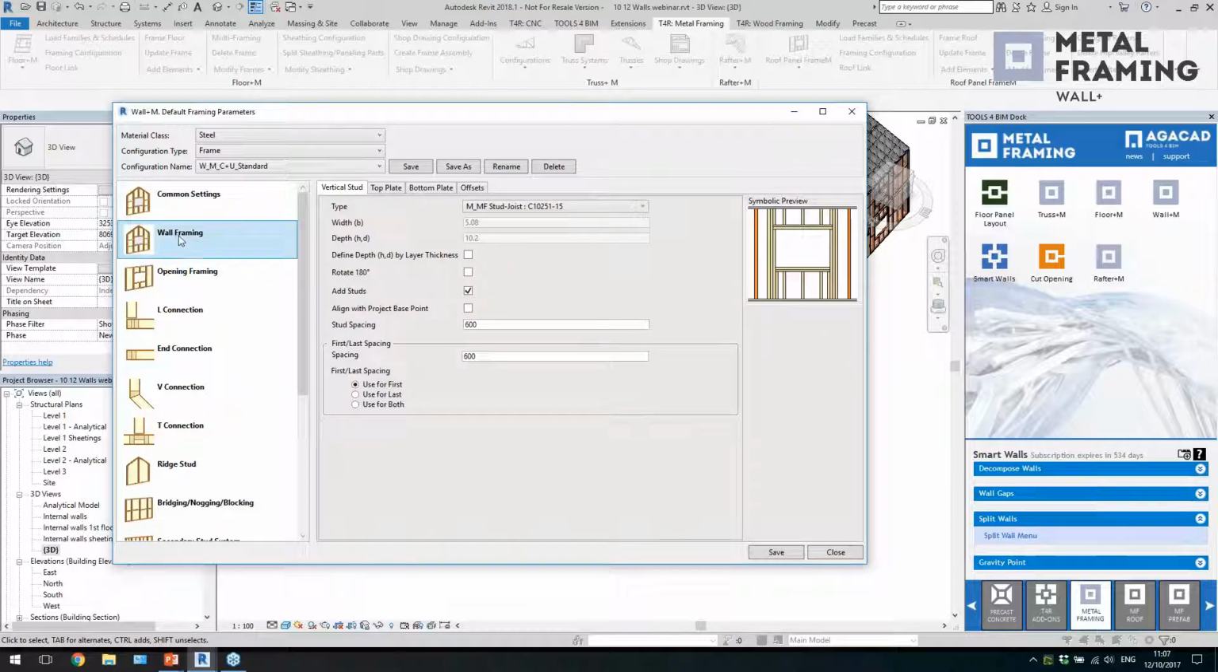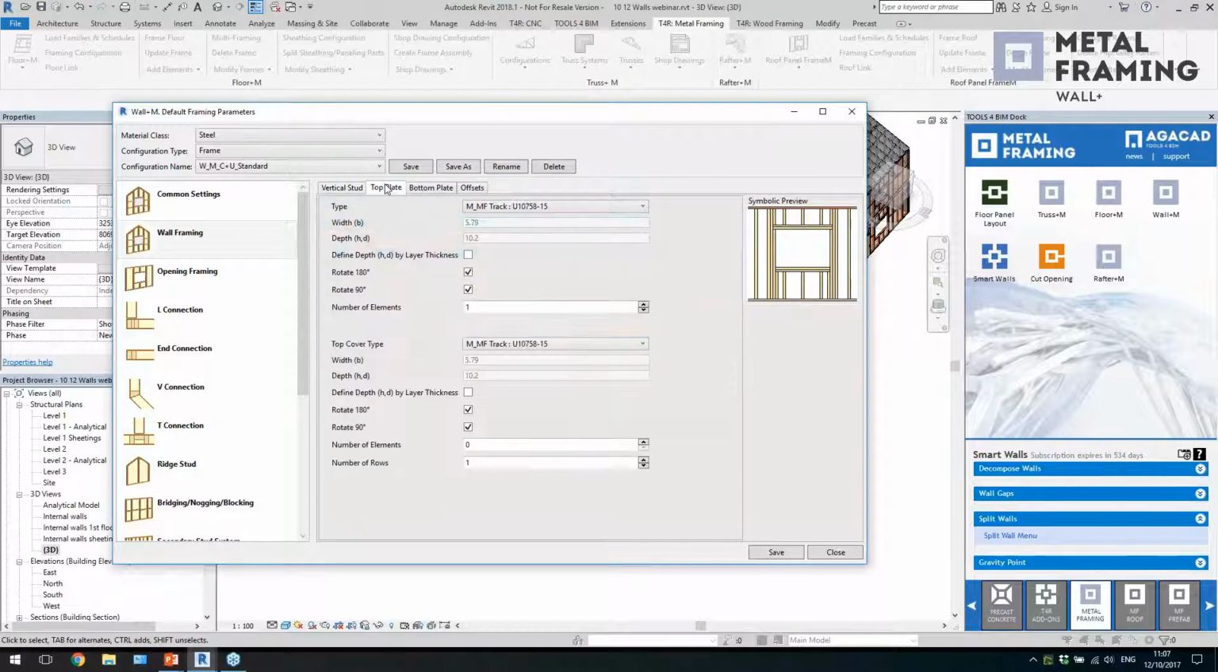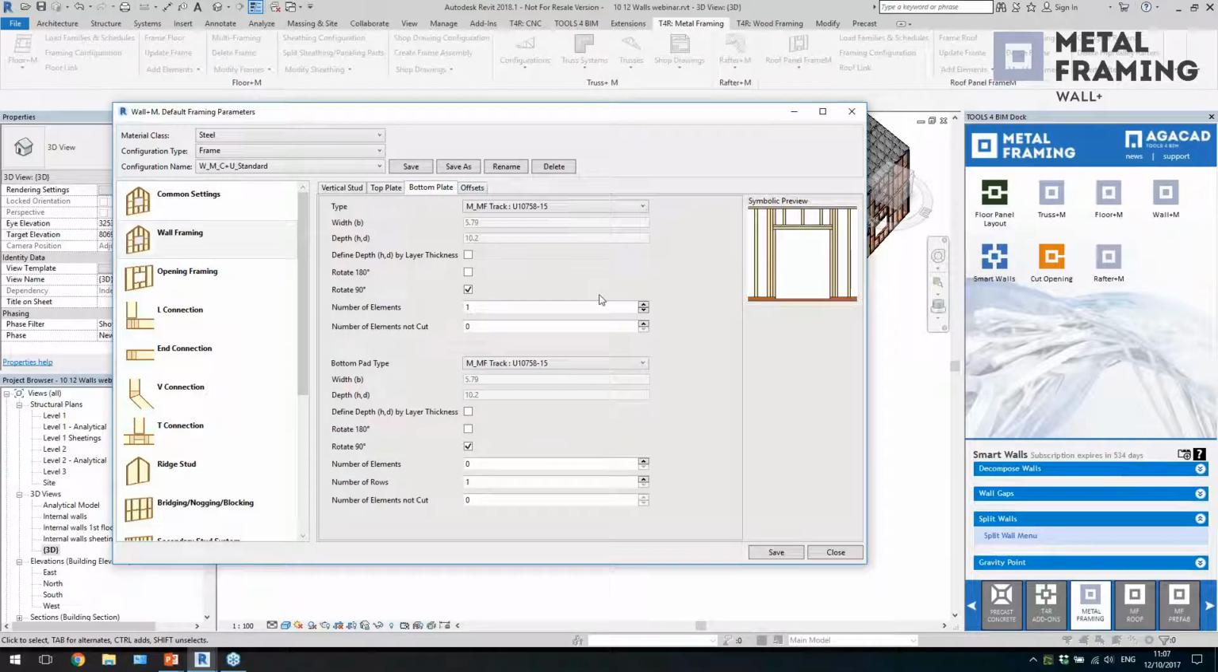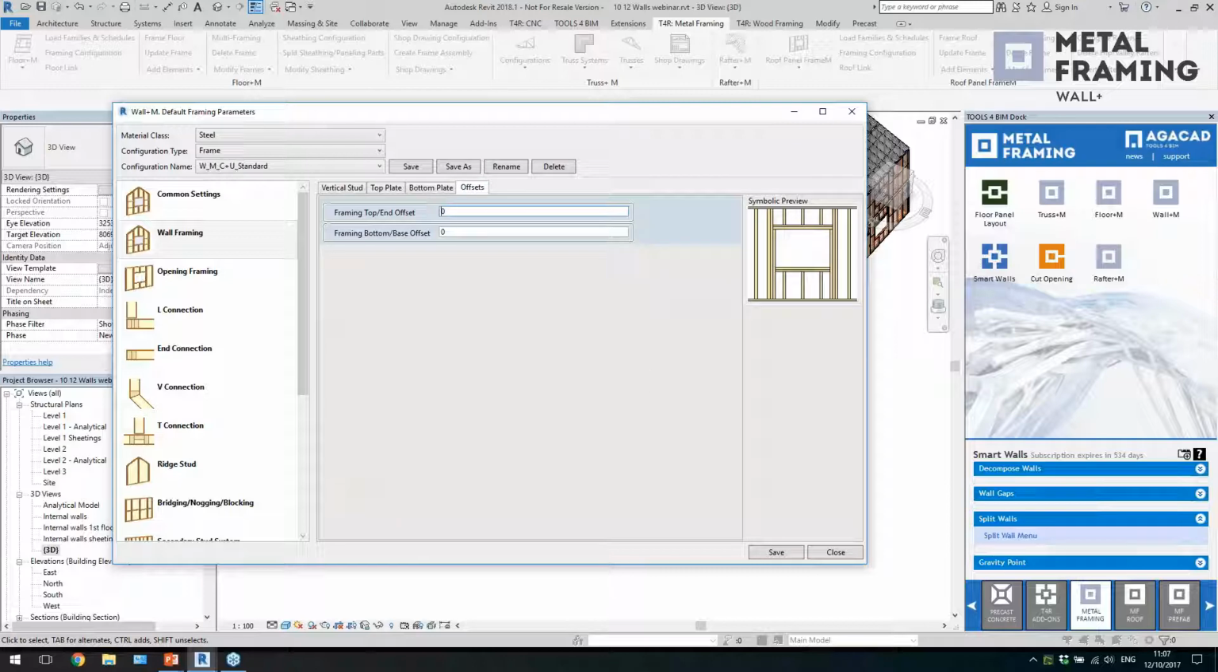Then I will just switch to wall framing, and here you have more descriptive settings for the studs, right? You have spacing, free spacing, you have type, you can rotate these studs, and so on. The same goes for the top plate, section of element, number of elements, maybe some element above, bottom plate, similar settings, just you can cut the bottom plate additionally. Then you can have top and bottom offsets,